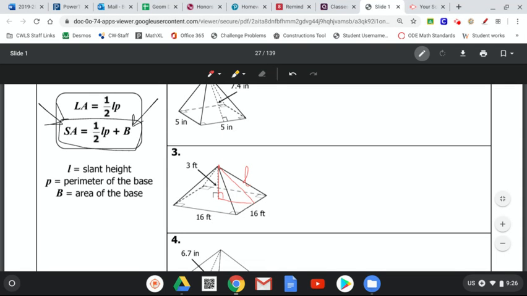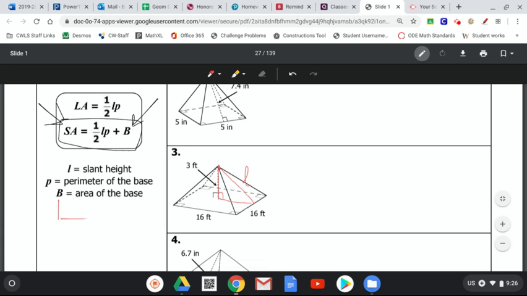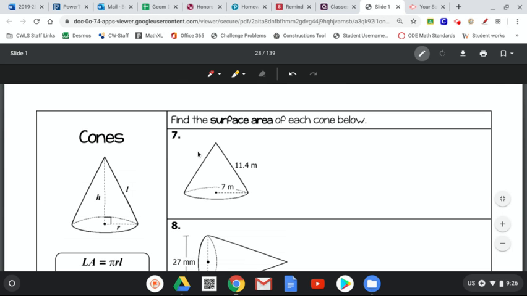So if I just redraw our right triangle over here, we have 3, and then we have to figure out what this is going to be because our slant height, our L, is the hypotenuse. Well, if you look at it, the whole side length is 16, okay? The height goes from the center to the outside, so we know that this is just going to be